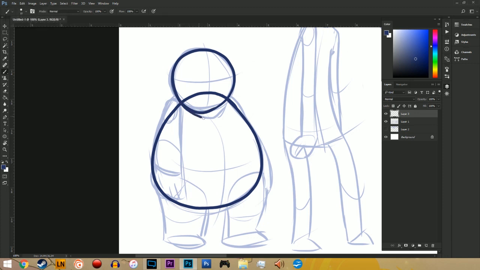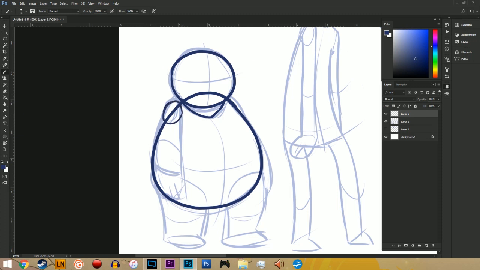And then obviously you can't ignore the fact that even short round people have necks, so that's what this bit here is. Obviously I'm not doing the best job of illustrating this because the circle's off kilter, so let's just try that again. There we go. So this is the neck portion, and it's not immediately off the shoulders because we haven't actually put the shoulders on yet.